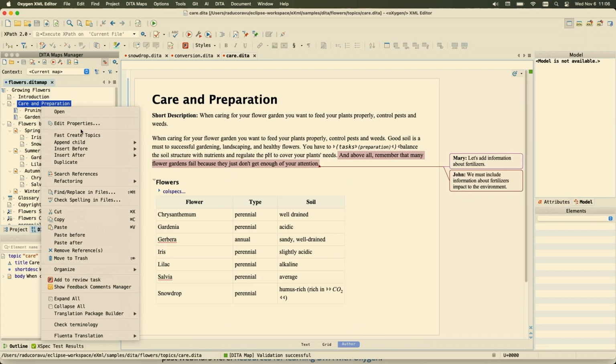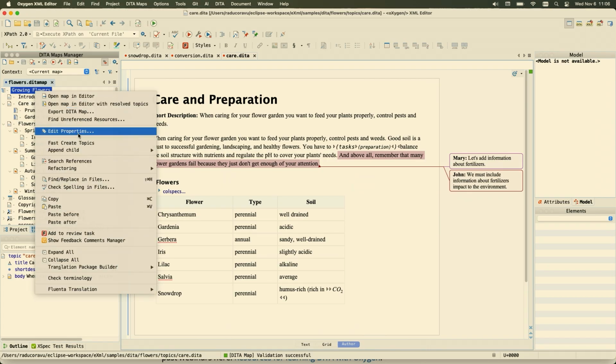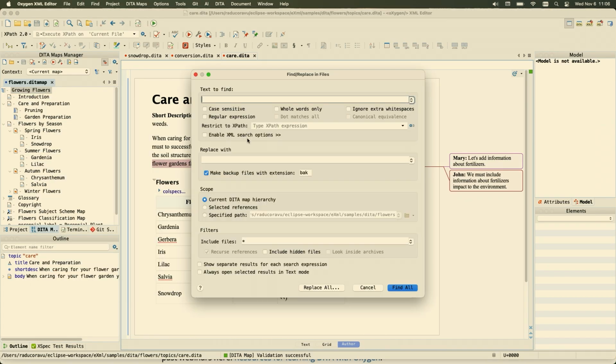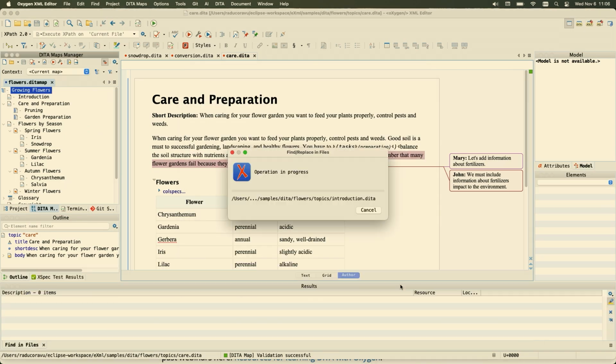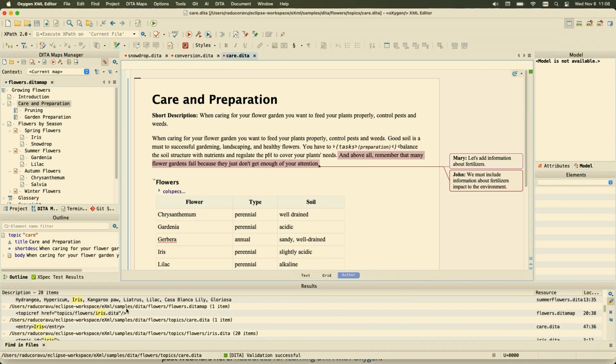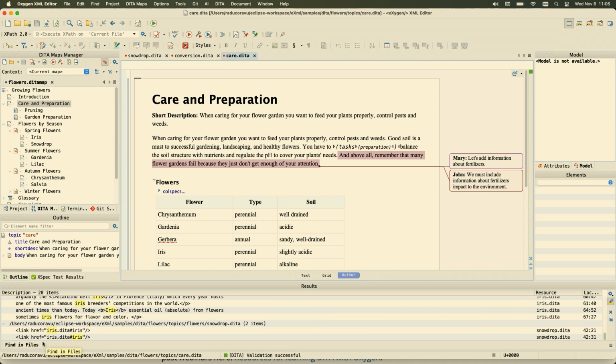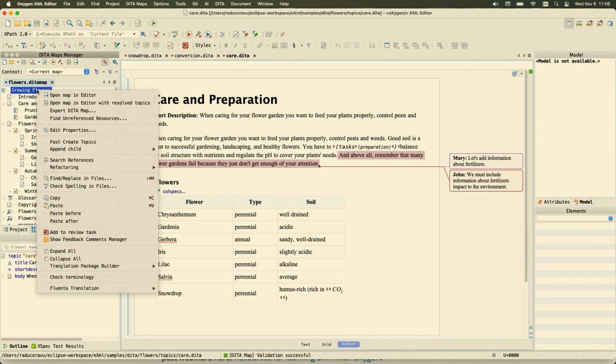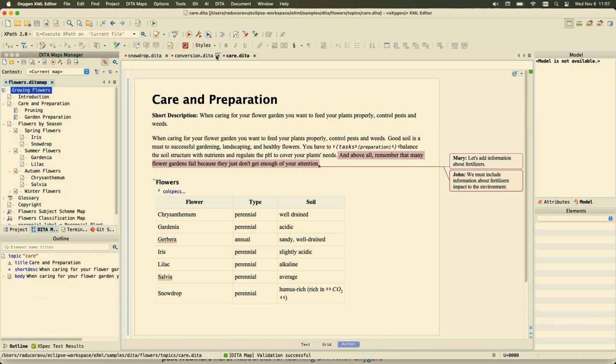I can use the usual find and replace in files, and search in the context of the entire data map, or replace content in the context of the entire data map. I can export the data map to a zip file if I want, for example, to send it to translations, or